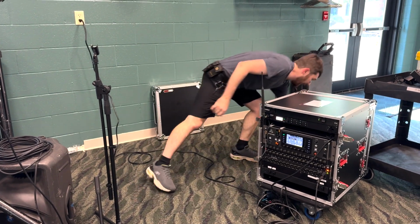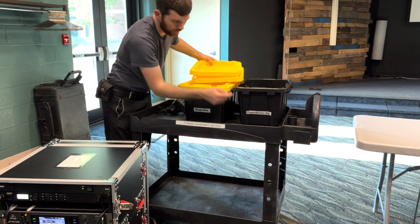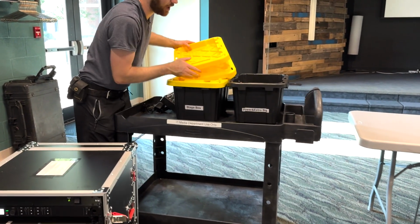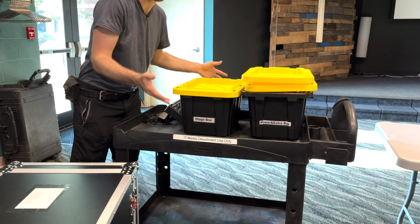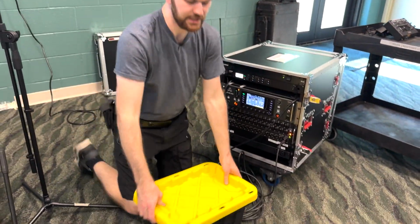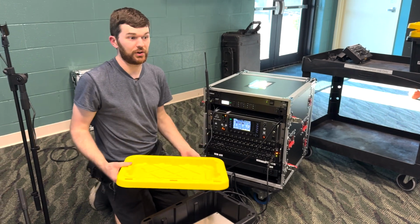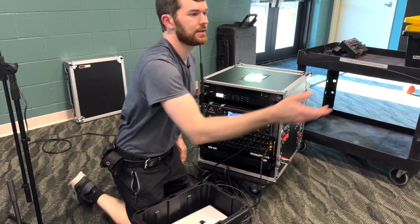Now, let's grab our next bin. So I have the power and extras box. That's literally a bunch of extra stuff and extension cords. So now this is the stage bin. So this bin, the stage box. I think I misspelled the name. I should have called it a bin, not a box. Anyways,